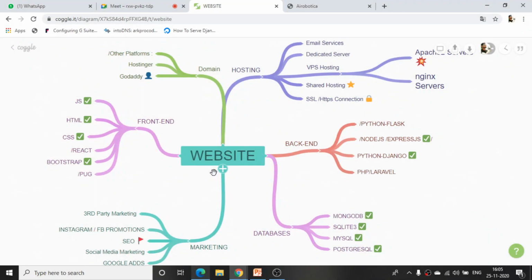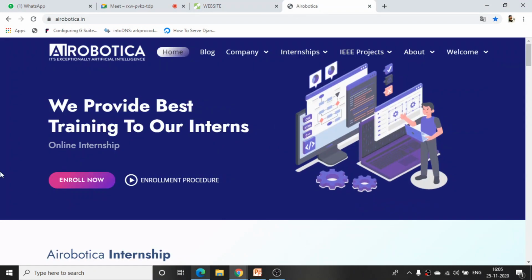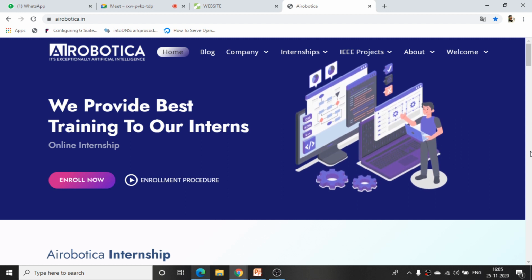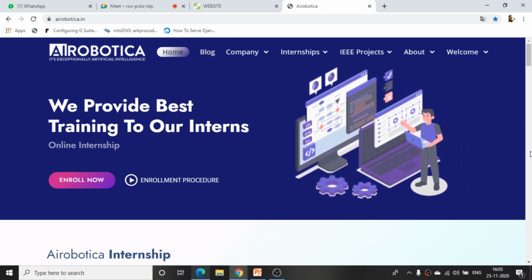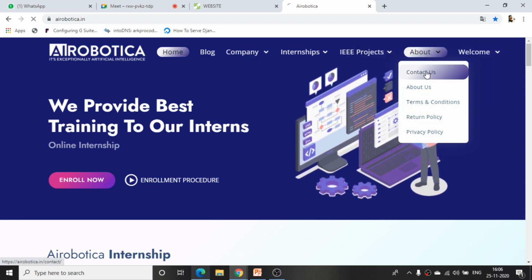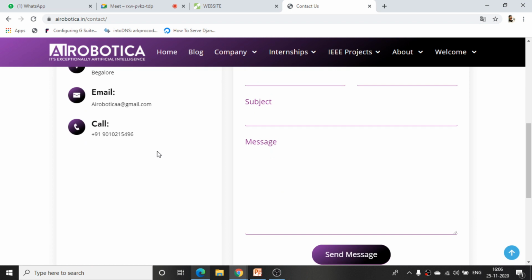The website will work first of all. Any website you open, you will see just only the output of the website. You won't see any database, you won't see any front end, and you won't see any back end. Nothing you will be seeing. If I click onto any of the pages, like the contact page, I'll be seeing the contact page over here.